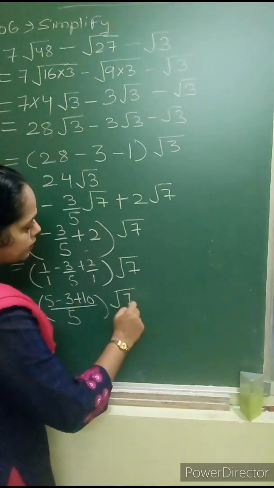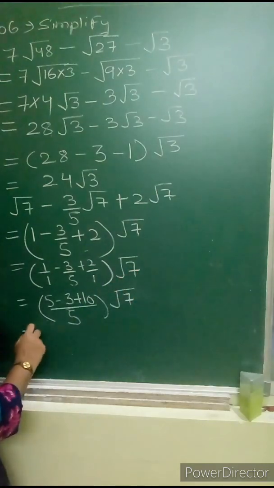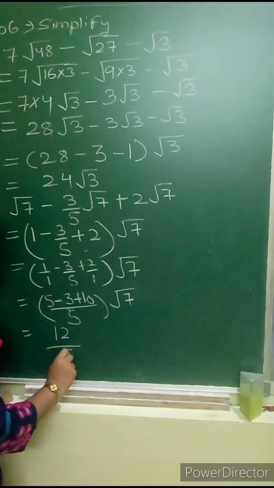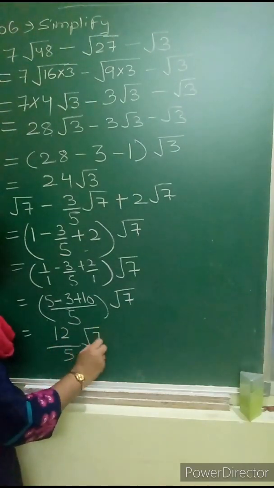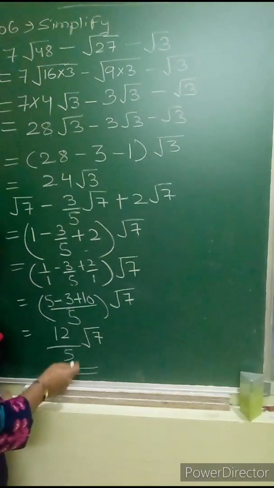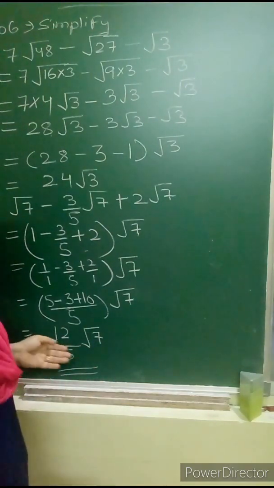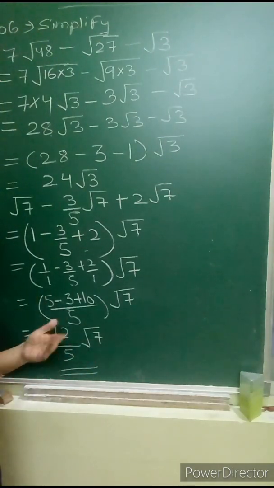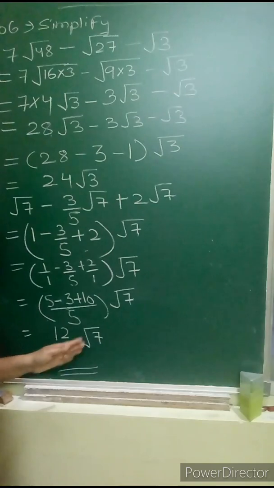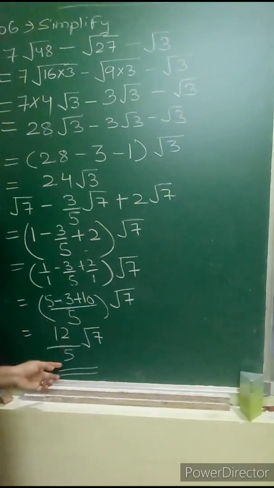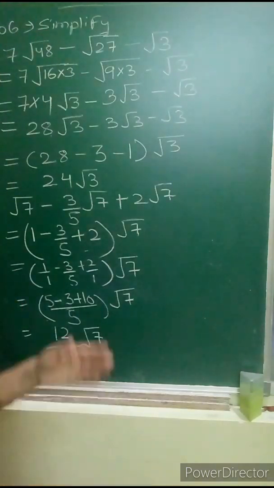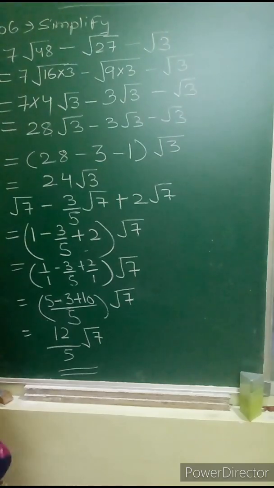And here the same radicand 7. Now see, 5 minus 3 is what? 2. 2 plus 10 is what? 12. So 12 upon 5 we are having, and square root of 7. So this is your final answer. Now if you can simplify this fraction more, then you can further perform the simplification or make it in the lowest form. But now this is the lowest form of this fraction, so I have kept it like this. So the final answer is 12 upon 5 and square root of 7. So in this way you can simplify the given surds.